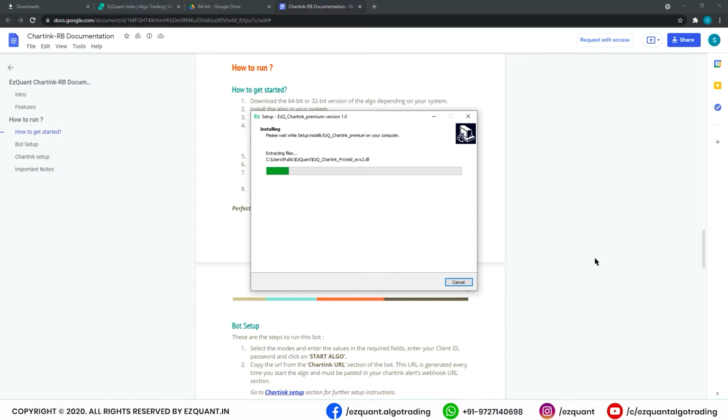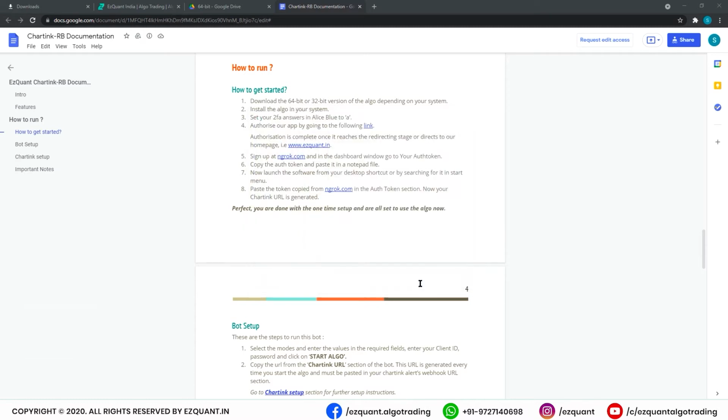As you can see, the algo is being installed in the system now. So now the second step, that is installation of the algo in the system, is also complete.